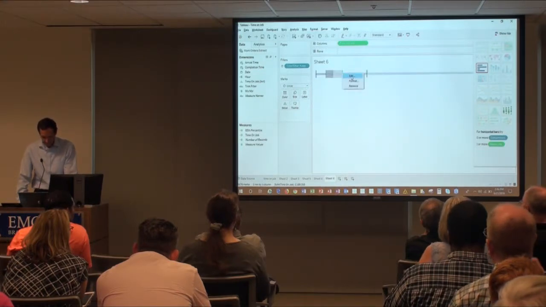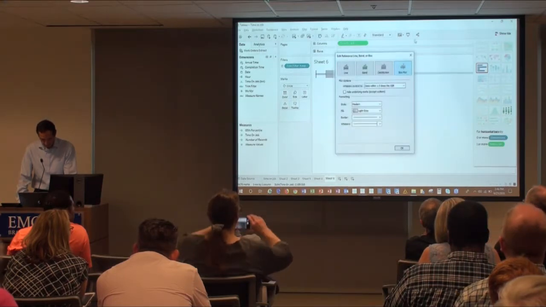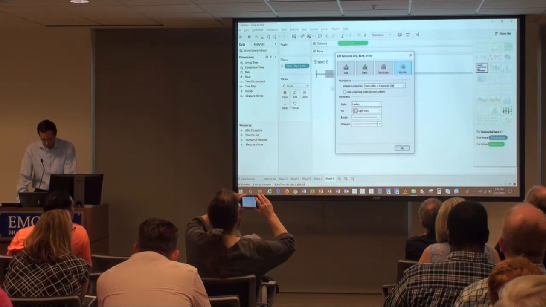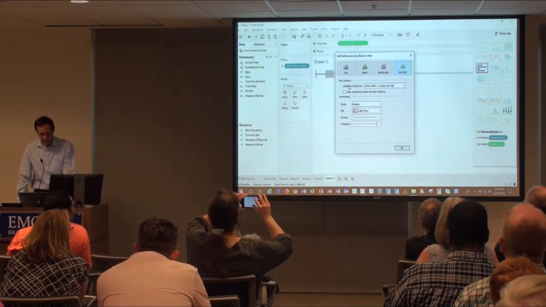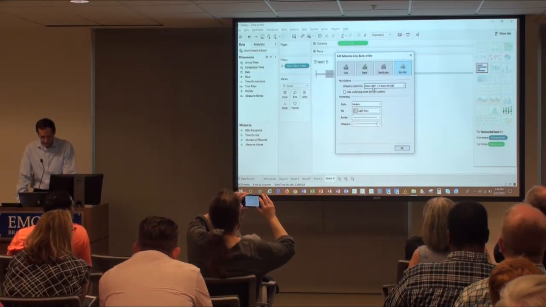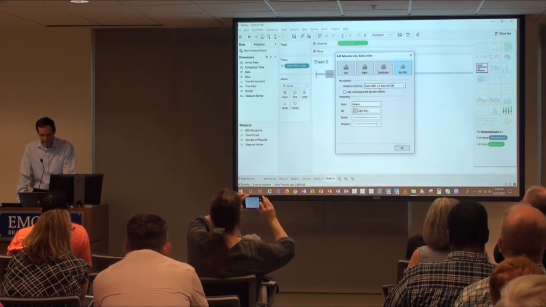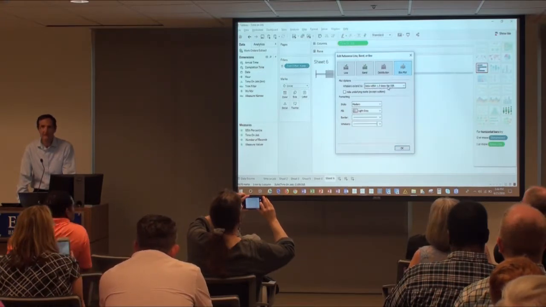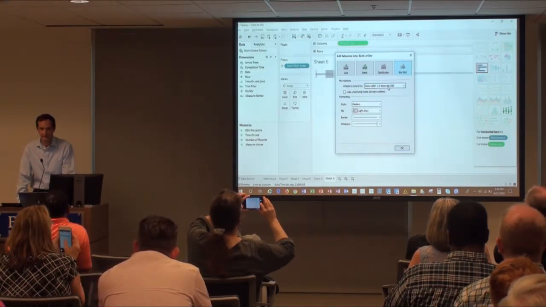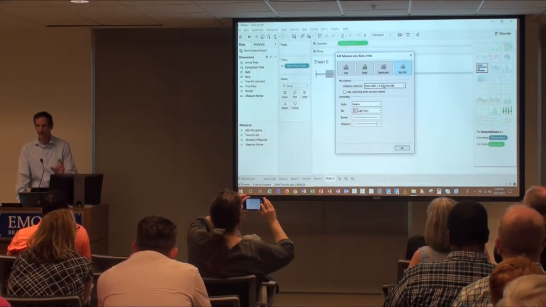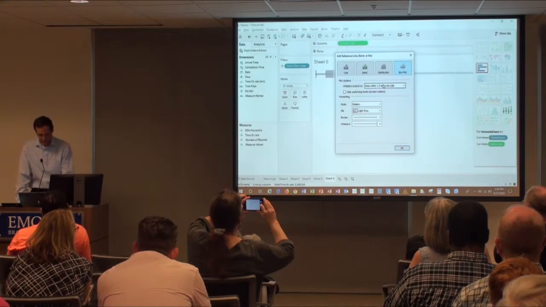Select the box plot correctly, and I can edit. Looking at the box plot, it gives me some options. It says the whiskers extend to, right now, the data within 1.5 times the interquartile range. So that was 1.5 times the range between 75% and 25%. So it's one way of looking at outliers.